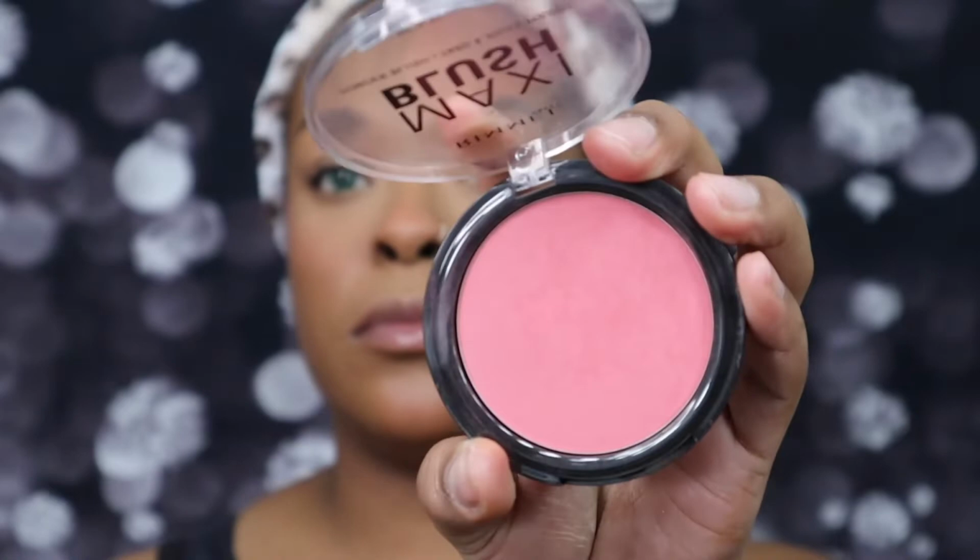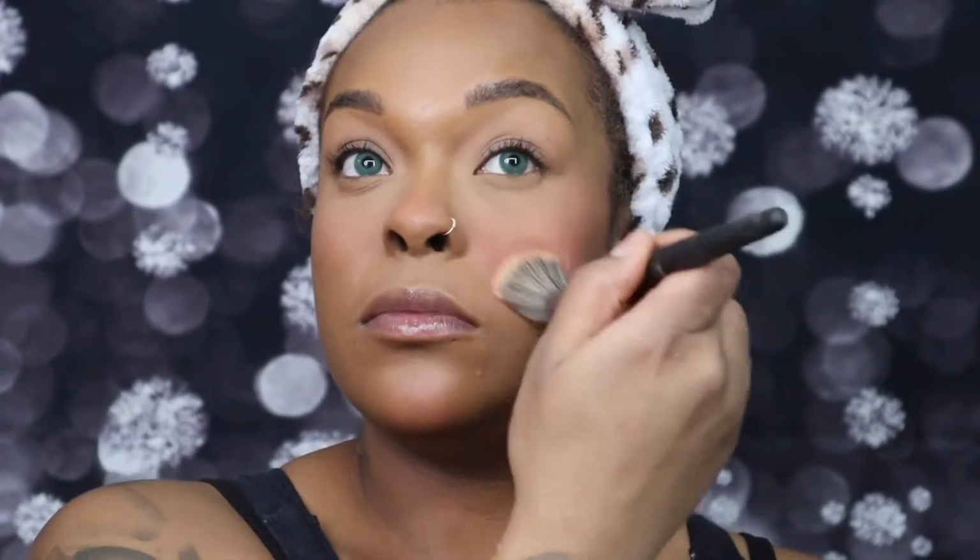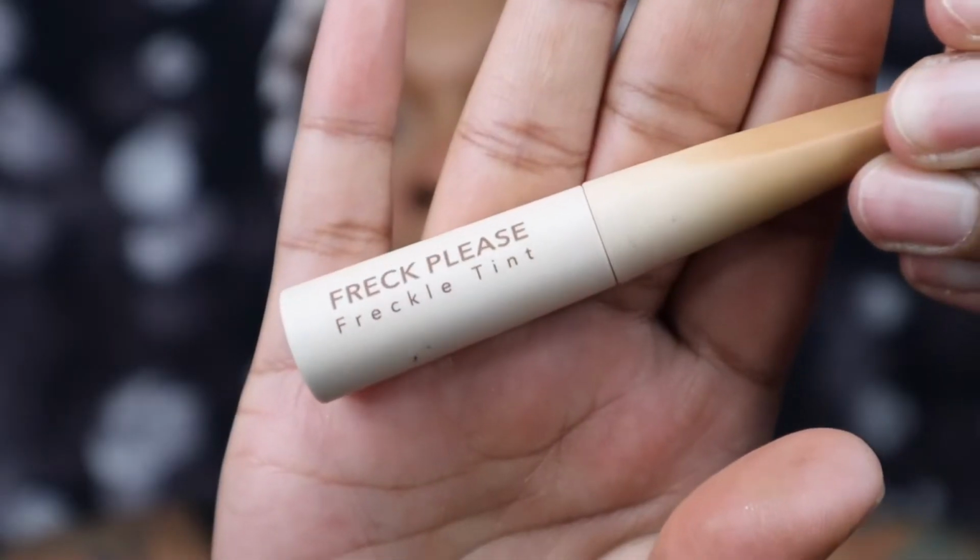Alright, so now for the Maxi Blush by Rimmel London. This is in the color Wild Card. I think this color is so beautiful, and I honestly thought I was going to be overwhelmed with the amount of blush that I had to put on, but it actually came out so cute. So I'm going to set my face, let that dry a little bit, and then now I'm going to use